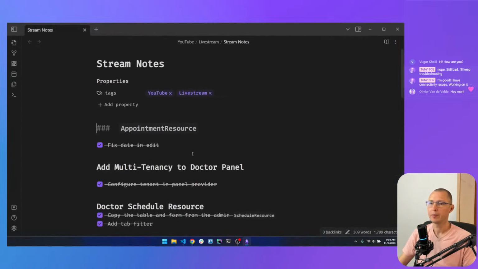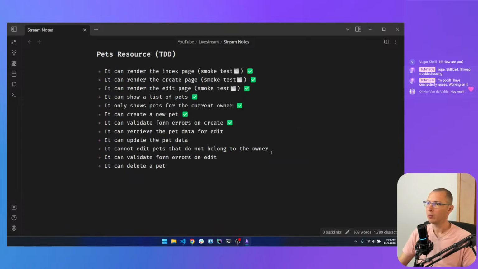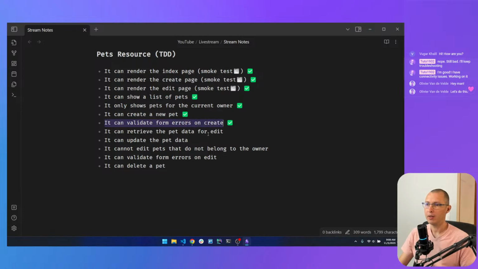Bring this over here. And we are doing more testing. Last week we ended on the create new pet. I'm sorry for everyone that just saw me talk about this before, but like I said, we need a redo. So I was working on this validate form errors before everything went to crap, and that one's passing now. All I did was take this test from here, the create new pet test, and just assert the opposite. Let me show you.